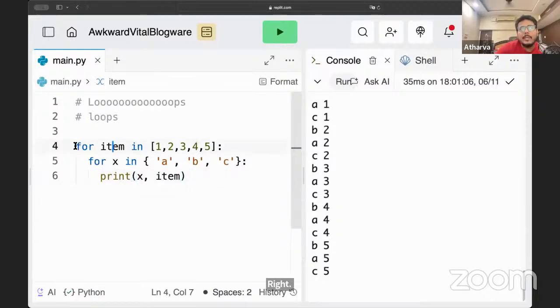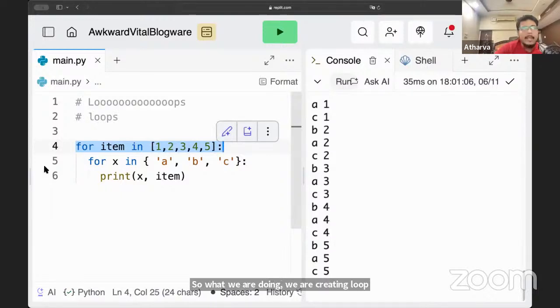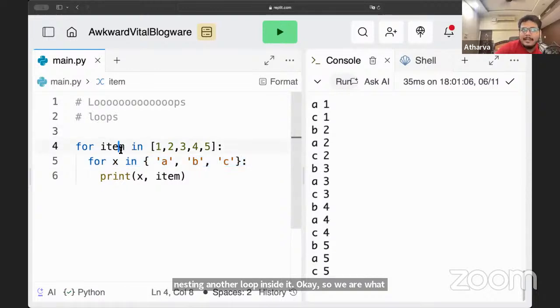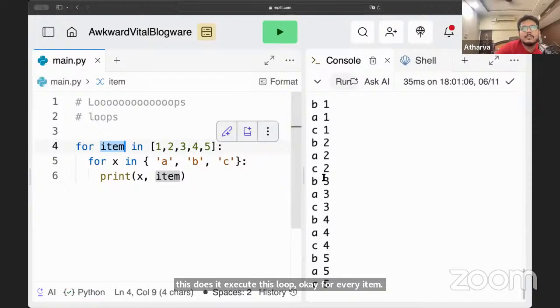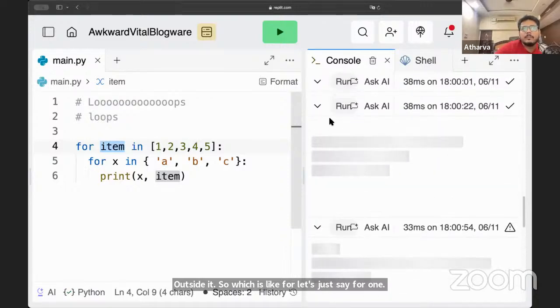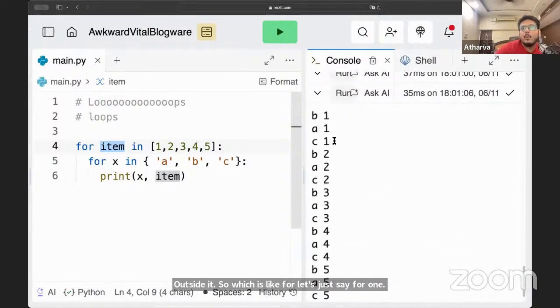So what we are doing, we are creating loop 1 and nesting another loop inside it. What this does is execute this loop for every item of the outer loop. So for one, it will iterate 1, 1, 1, BAC.